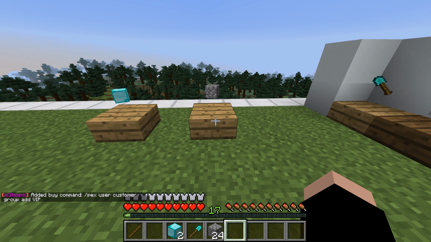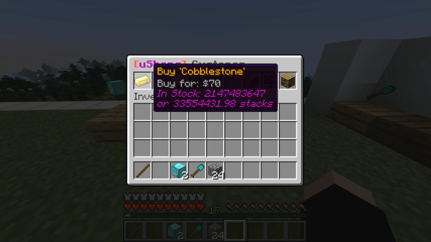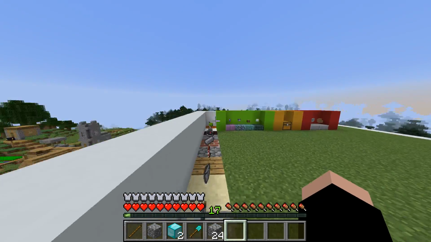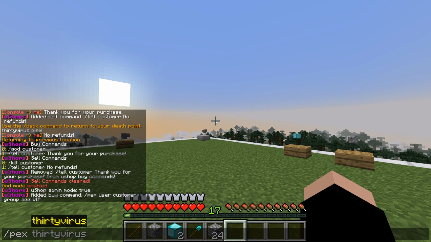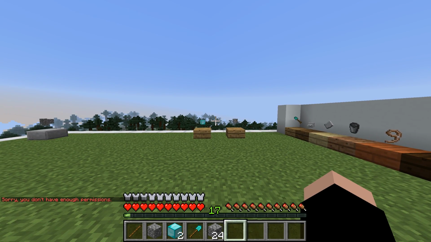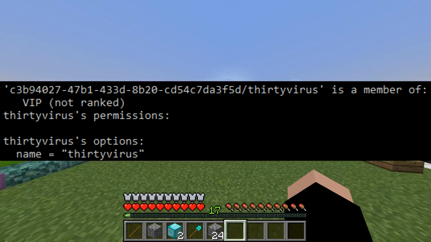So now, once I buy from this shop, it will allow me to get VIP rank. So here we go. We go to view as customer. Boom. And of course, this doesn't show up in the chat anywhere, but then if I were to do /pex user ThirtyVirus, oh, I don't have permissions. What the? I screenshotted what it looks like in the console when I do that command just to verify that